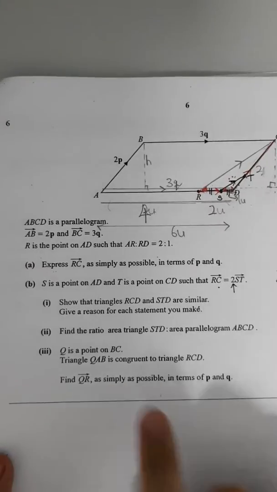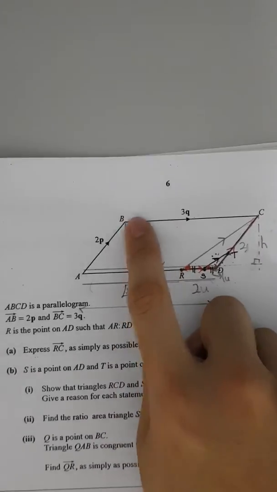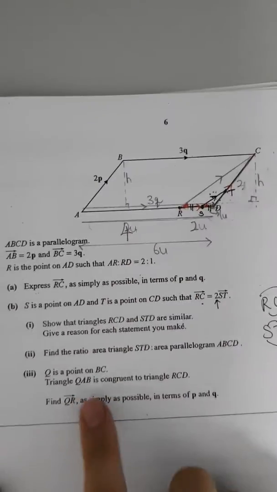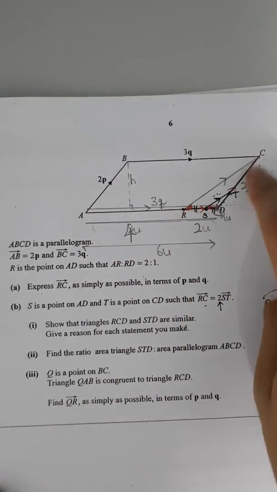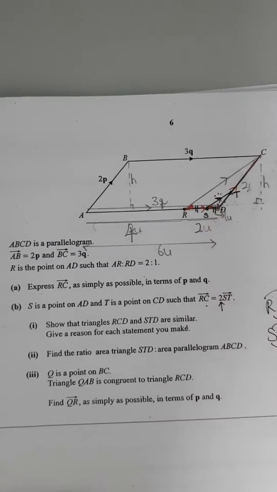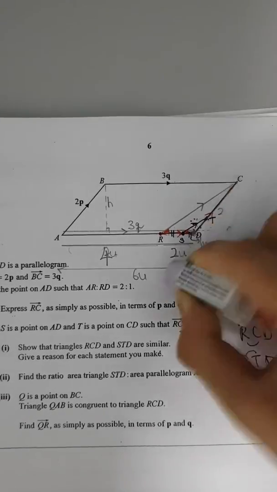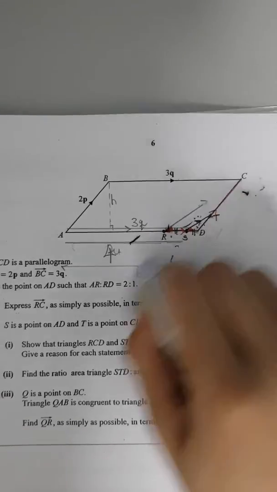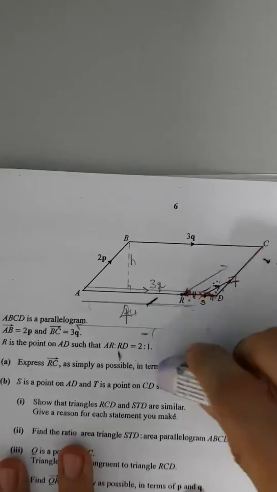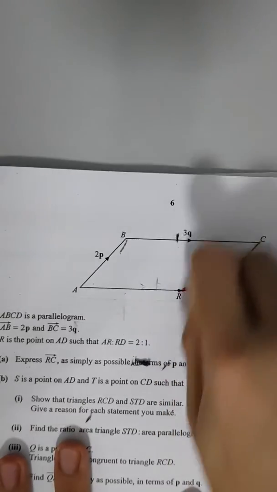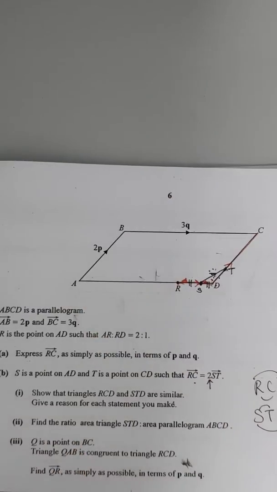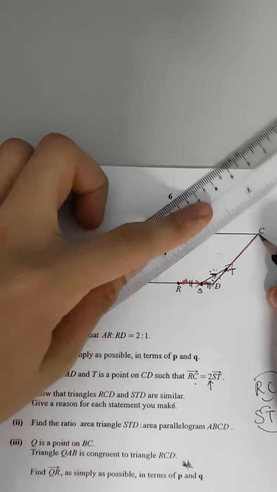Okay, now we're given another point Q on BC such that the new triangle QAB is congruent to RCD. Okay, let's try to get rid of some of this information that is not necessary. Just to clean up the diagram a little bit, and then you can add things back in. I definitely need RC,